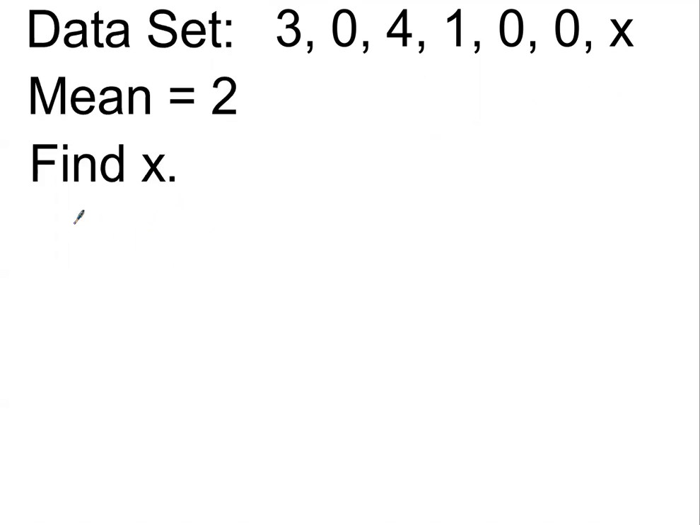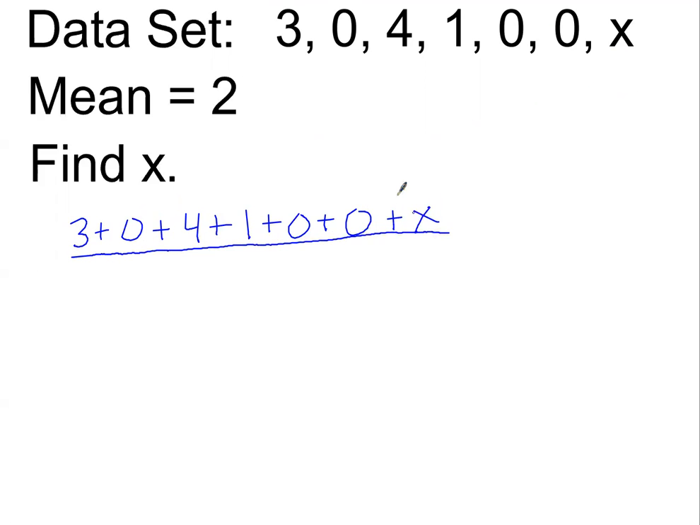Well, let's try. 3 plus 0, this is finding the sum of the data, plus 4 plus 1 plus 0. I know that you would never write the zeros, but that's okay. I'm just writing them in just to be really thorough. Plus 0 plus X. And then after you find the sum of the data, you would divide it by how many data there are. And since there are 7 days in a week, 1, 2, 3, 4, 5, 6, 7,